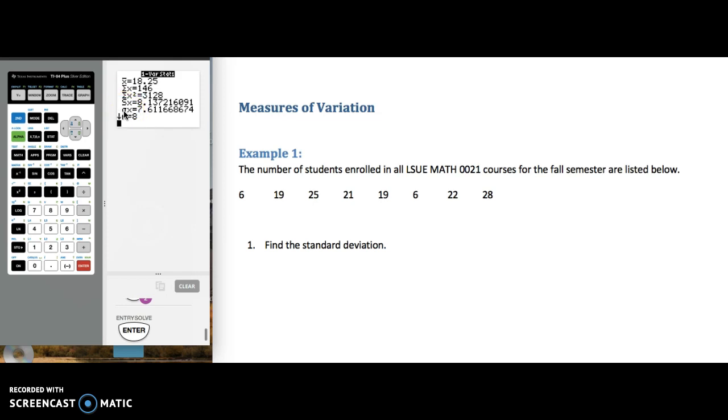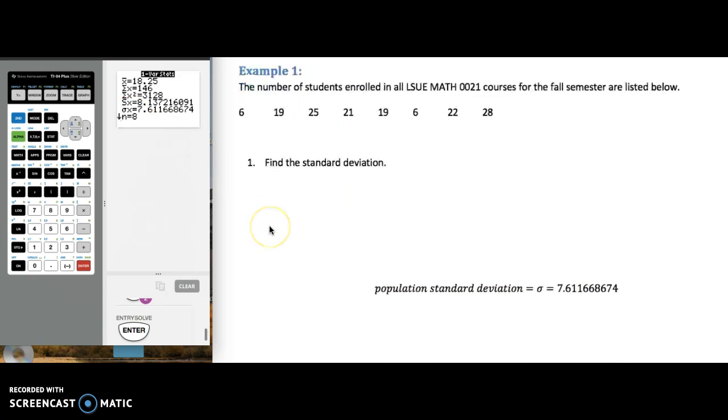That is why it's so important to note whether you're dealing with a sample or a population, because notice these two numbers are different from one another. In this case, we're dealing with a population, so you would use the second option here, sigma, which denotes the population standard deviation. You don't have to use a formula. The calculator does it for you. So the population standard deviation sigma